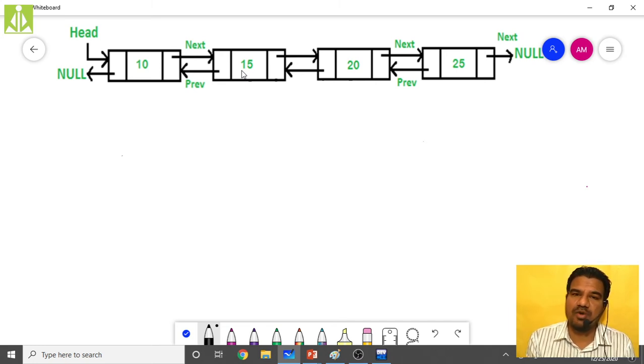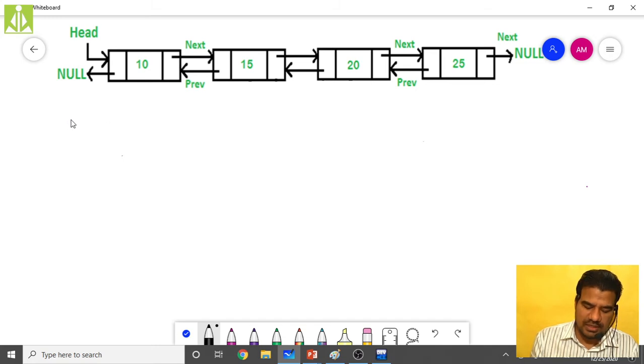So the same code I will write over here, but we will take one extra pointer.